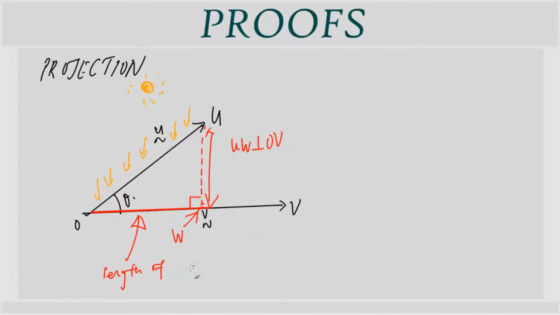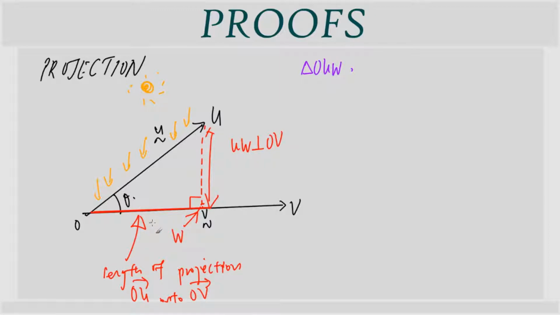And it's really important for the word choice to be one onto the other, because the projection of V onto OU would be over here, right? V onto OU would be this line over here. It would be a totally different thing than OU onto OV. So now we're going to derive a formula for the length of projection. And we're using this right angle triangle OUW,